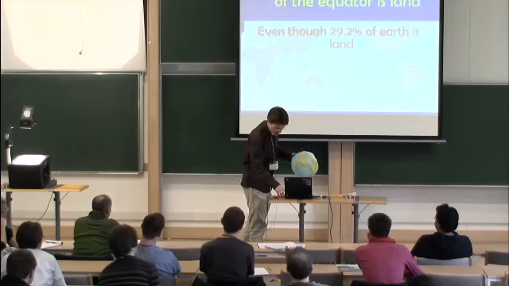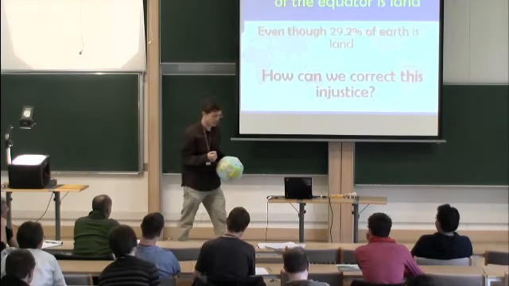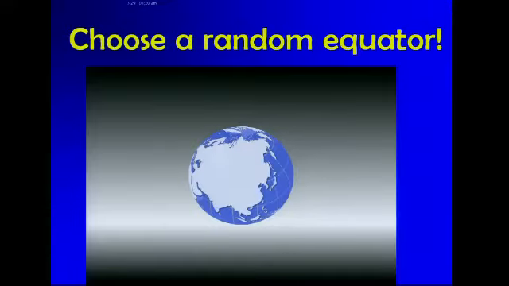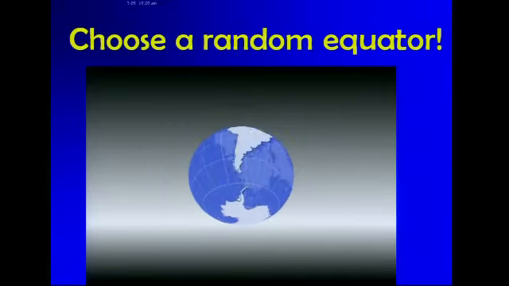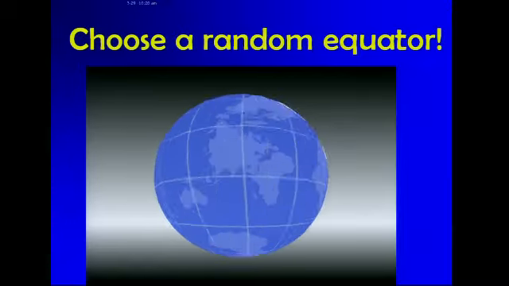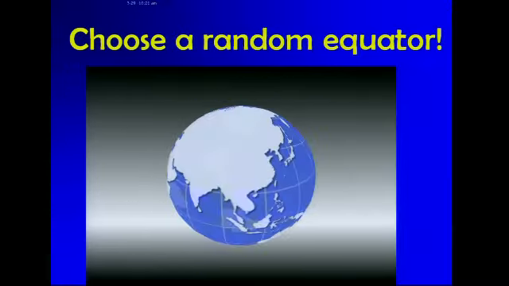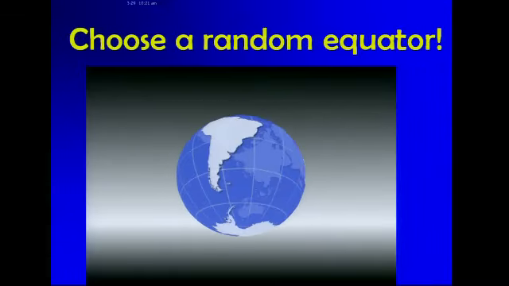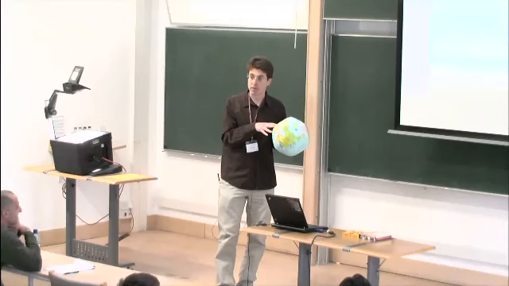So there's really some kind of injustice here, and the question is how can we correct this, and this is what we're trying to analyze here. Of course, you can try all sorts of global warming effects, but there's a more practical solution, and the more practical solution is to change the equator. So we just rotate Earth randomly, and then stop at some point. So rotate, and then we just check. Once we stop, we have a new equator, and we hope that then we'll get something closer to 29.9%. And that's exactly the question we're trying to answer here.